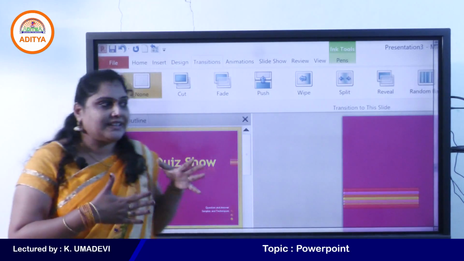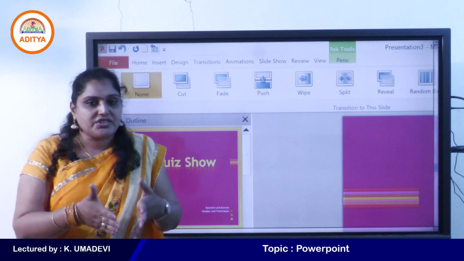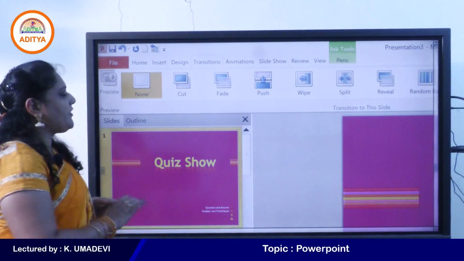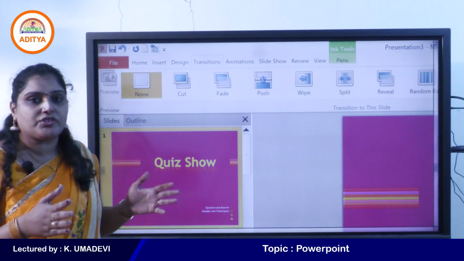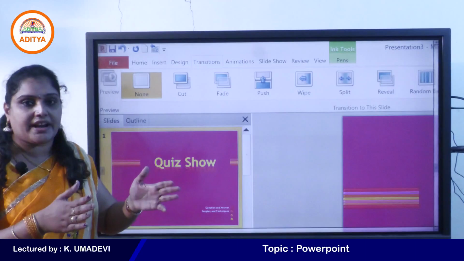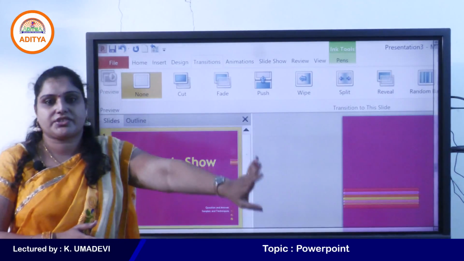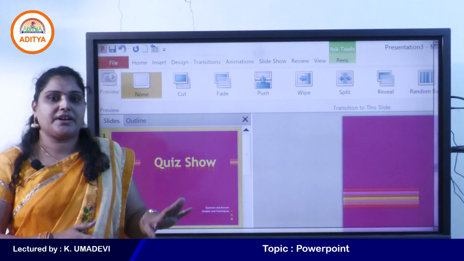Why? Because these effects are specially applied to the slides. So transitions are applied in between the slides. Clear? So now I will show you the use of transitions. Animations are mainly applied to the text or any other objects like pictures, clip arts, etc.